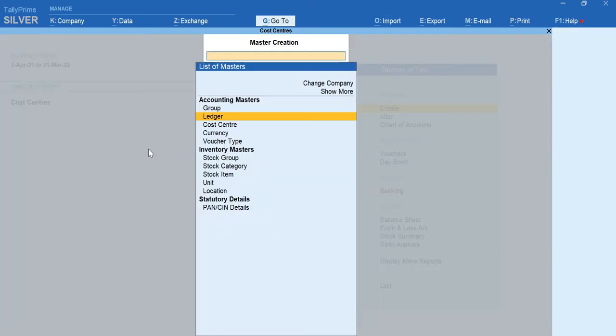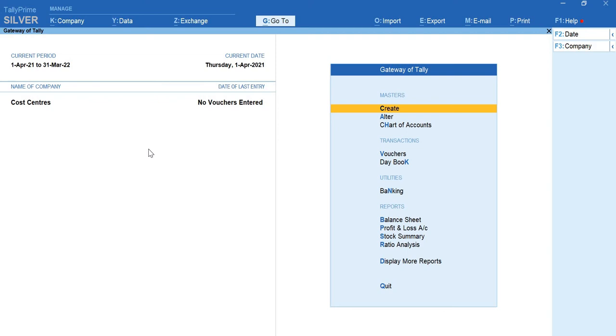We'll give escape. We'll come back to gateway of tally screen. And now the work is relating to cost centers. I'll tell you why do we need the cost centers in cost category. The very one example, if you purchase one kind of furnitures, you can just show it as if I have bought one furniture costing so and so, done. But if you purchase more number of furnitures of different categories, in the voucher if you want to display as if which are the different categories costing different amount.